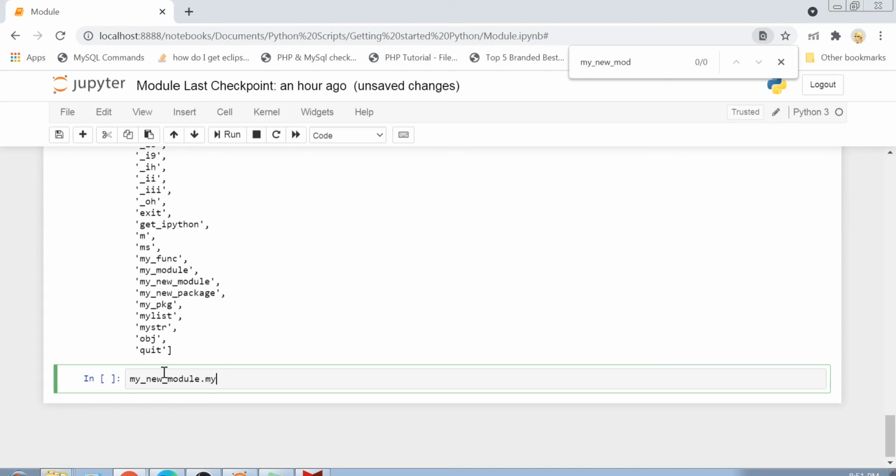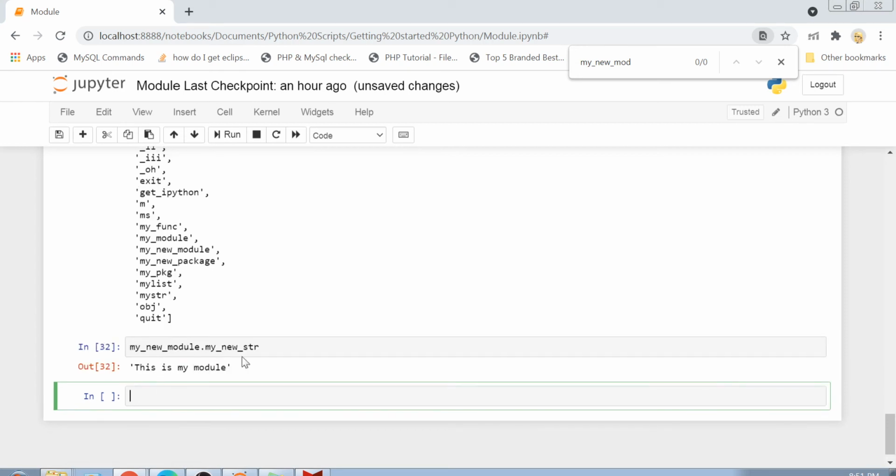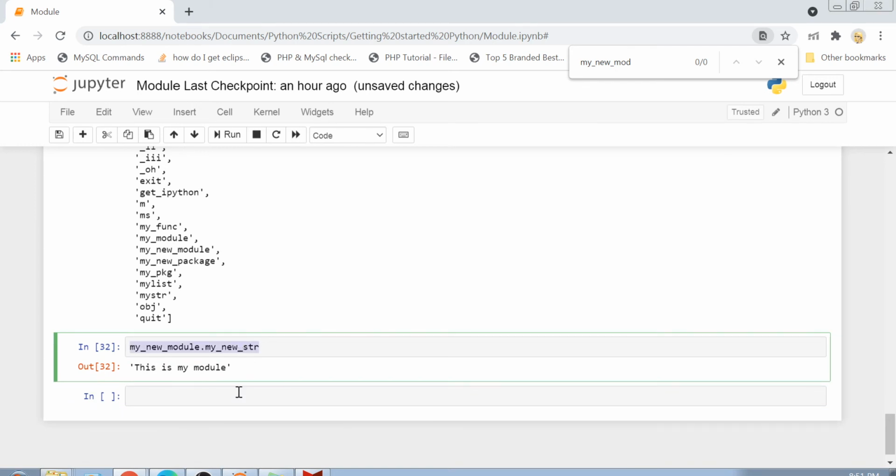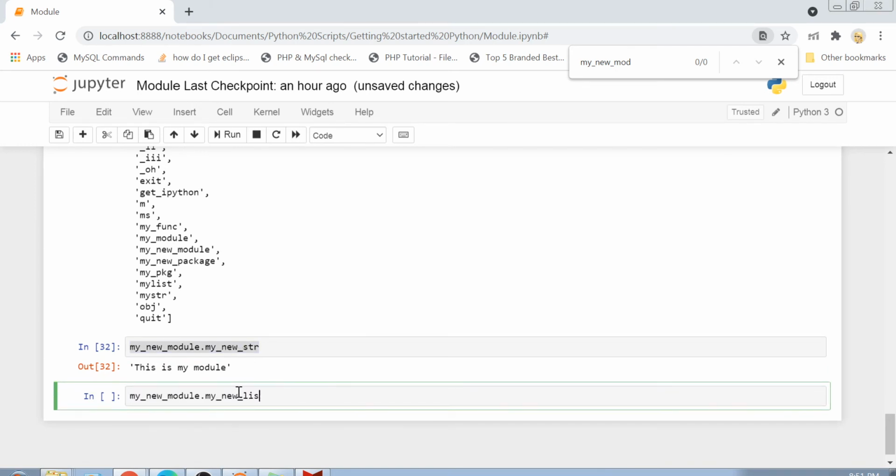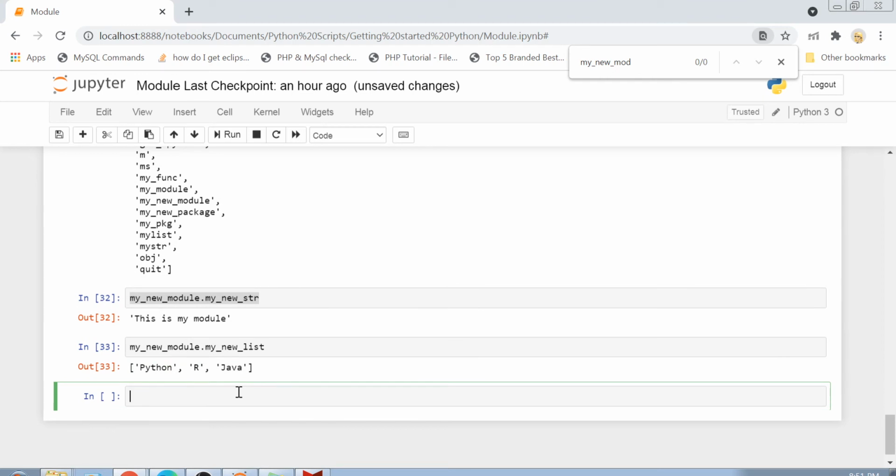You can print out your string. I can now access my string here, and my string is printed. I can access my list here and my list is printed. I can create an object of the class which was there in this module, my new class, and my object is created.